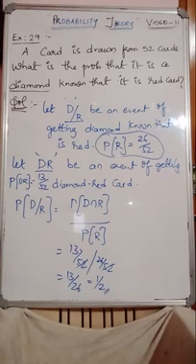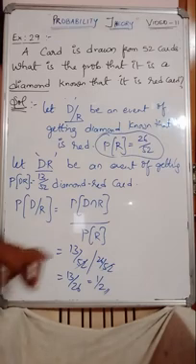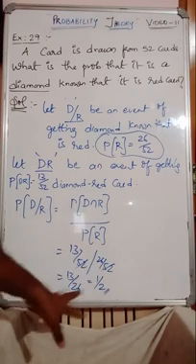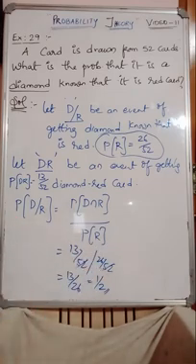Red cards were how many? Probability of getting red will be 26 by 52. Probability of getting red diamond, how many will be there? Probability of red diamond is 13 by 52. You understand? Right? Next, probability of getting diamond and red. 13 red diamond cards will be there. Therefore 13 by 52. So substitute here 13 by 52 by 26 by 52. Therefore 13 by 26. I gave you the straight answer also for this.